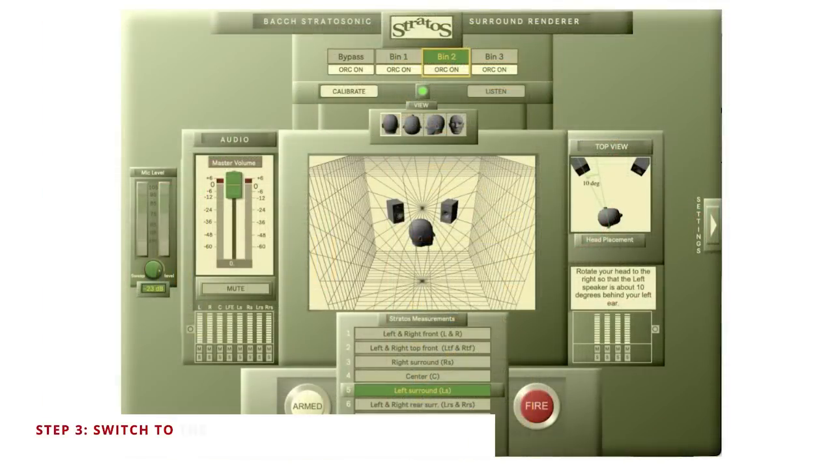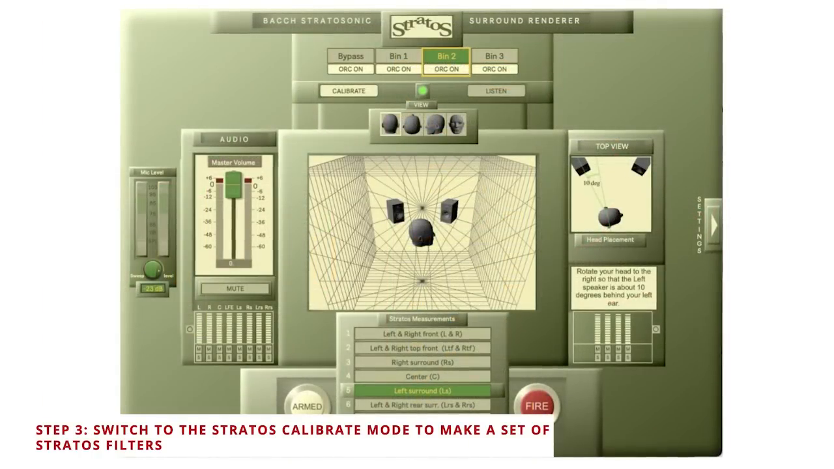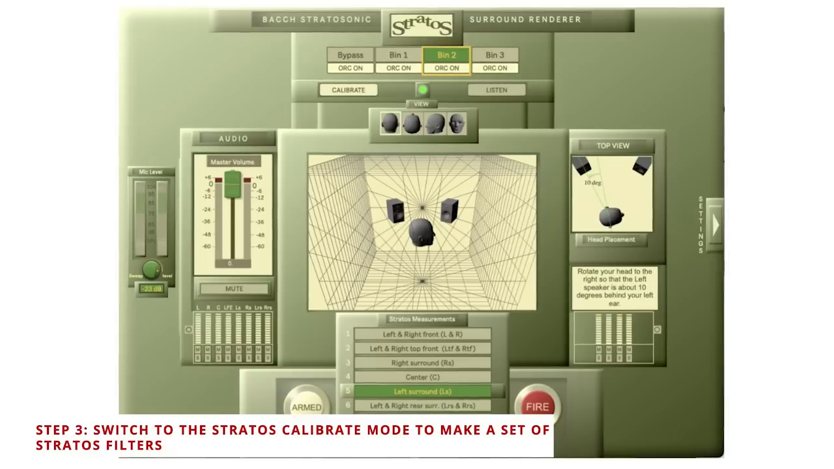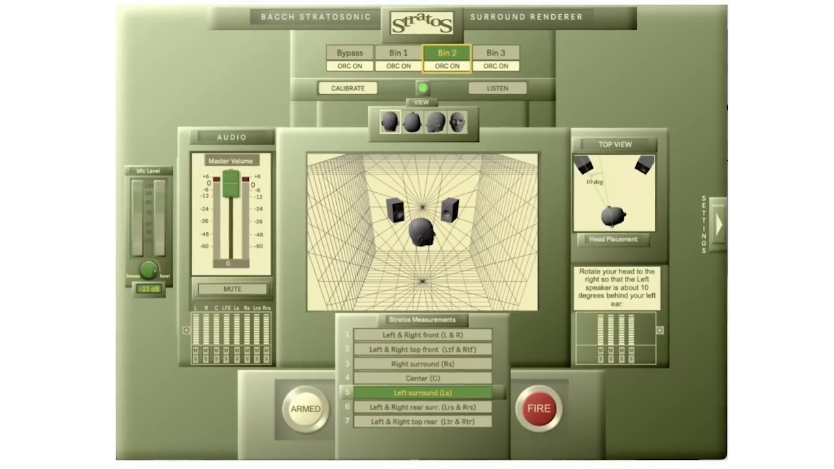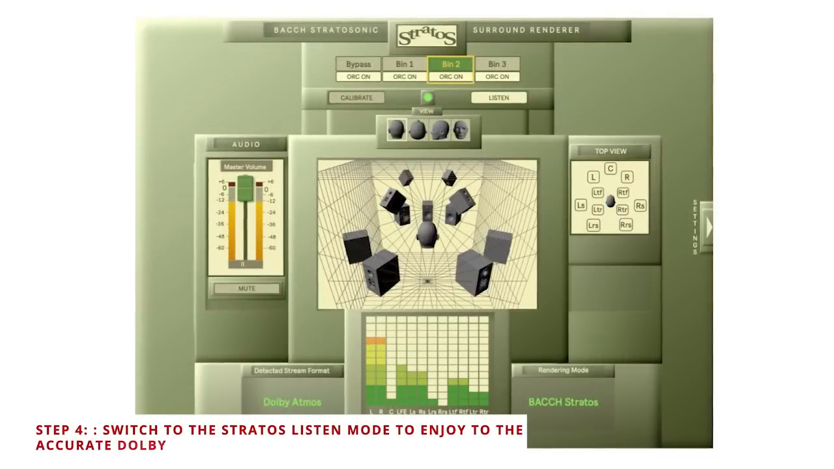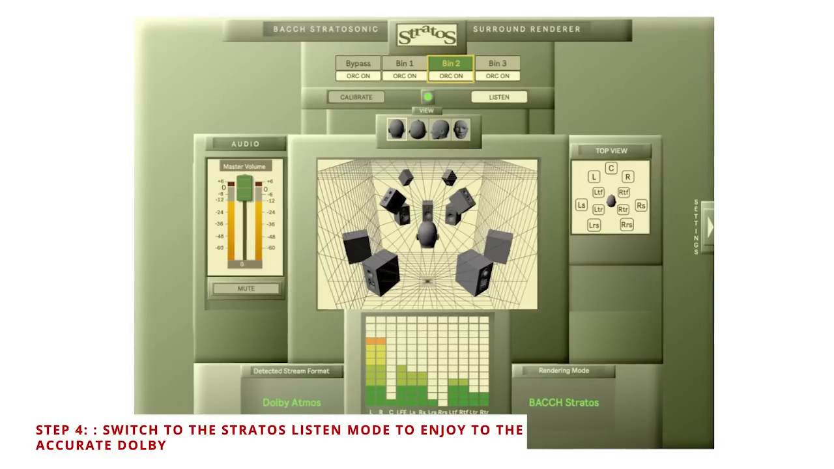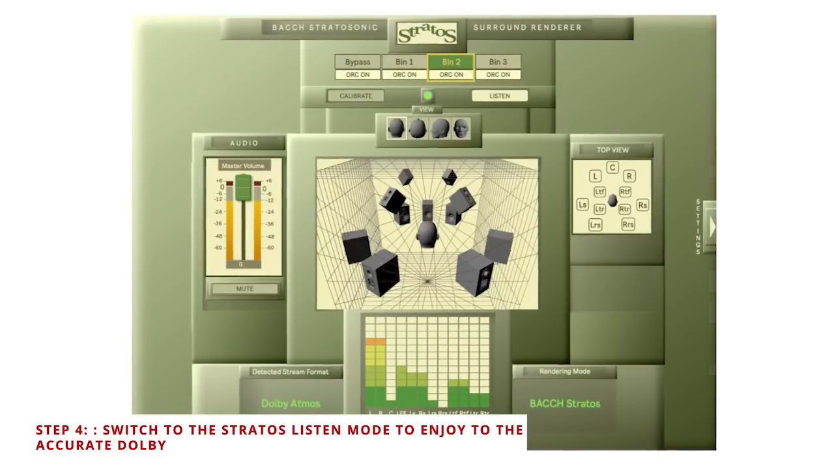In step 3, he switched to the Stratos calibrate mode, and we made a series of Stratos filters by repositioning my head several times so that my ears were aimed at the locations of imaginary center, surround, and height speakers. Finally, step 4, Edgar switched to the Stratos listen mode for playback of the 5.1.4 files through just the 2 main front speakers. The entire calibration process is automated in the Stratos software module and took no more than 10